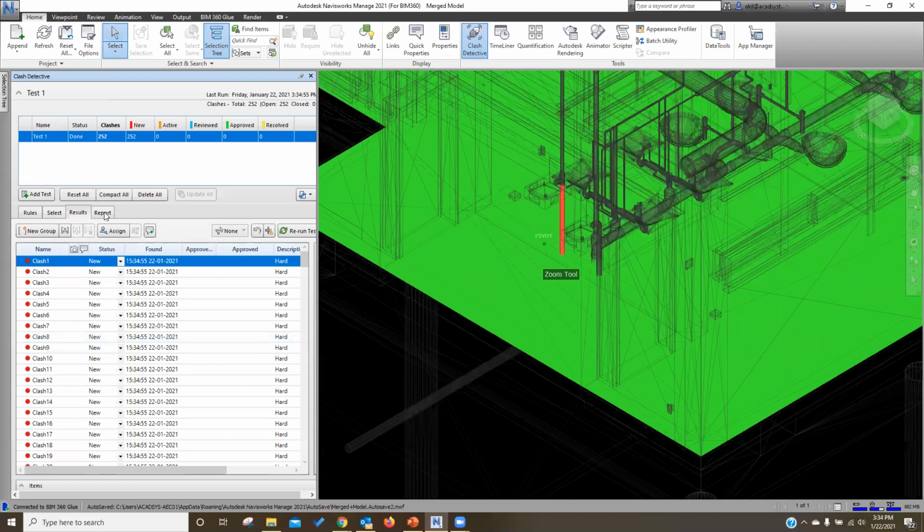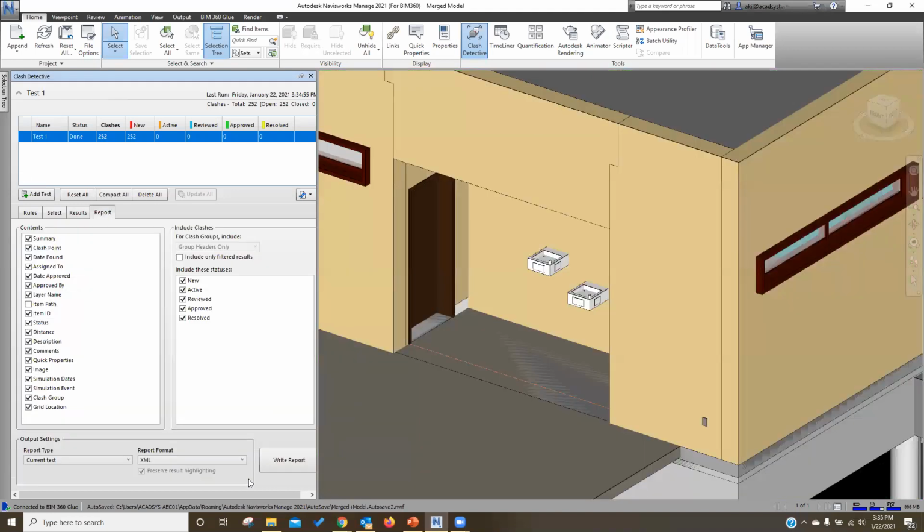And we can generate the report here because we cannot communicate with other users. That is why Navisworks allows you to generate a report. But in BIM 360, it's much easier to manage the communication because everybody is inside the platform. Then everybody will get notification, so you don't have to see the long report anyway. So I'm changing the report format, writing the report.